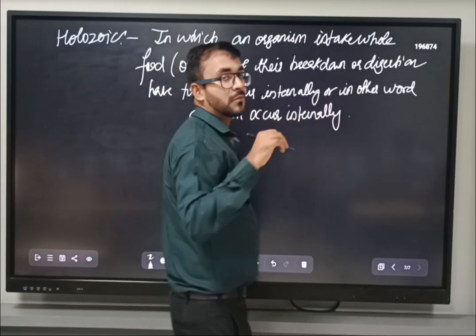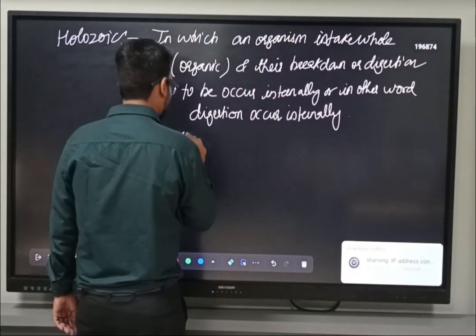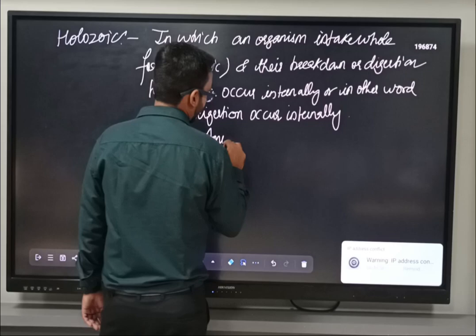Once the digestion is complete, then they get the energy from it. Such as the example of amoeba